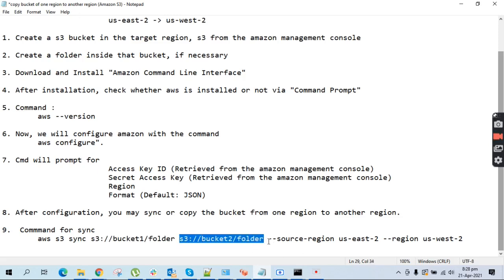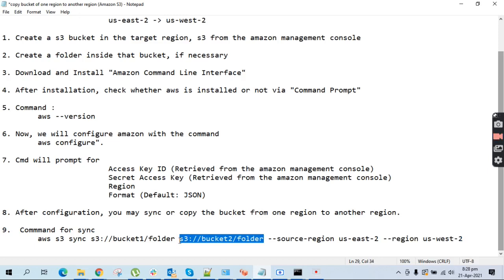And next we will specify the region also. The S3 bucket 1 folder corresponds to the source region US East 2, and the region US West 2 corresponds to the S3 bucket 2 folder.